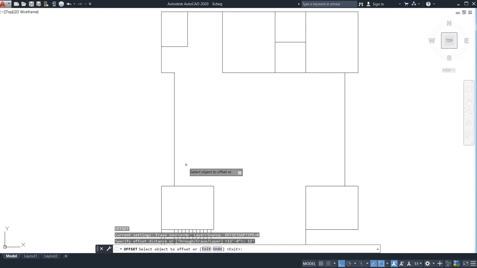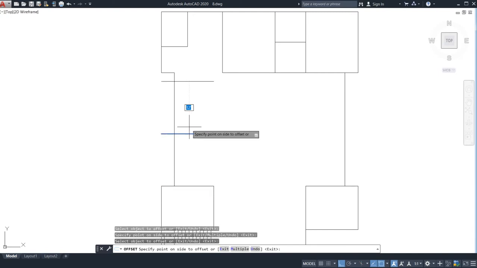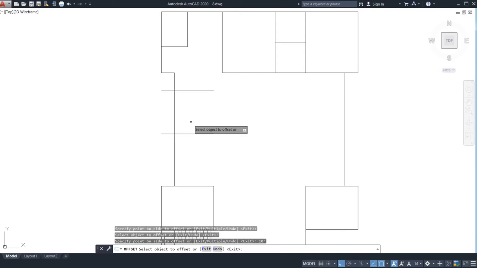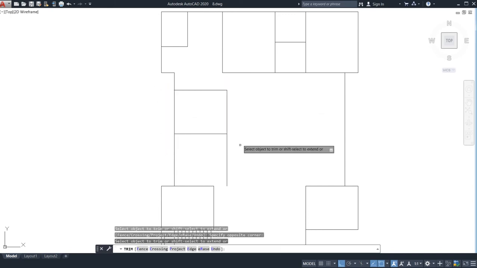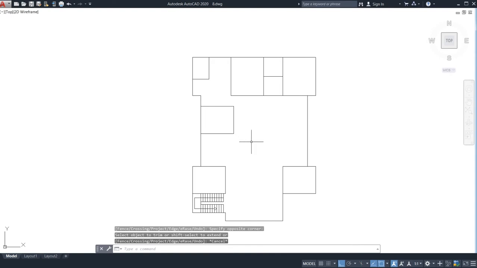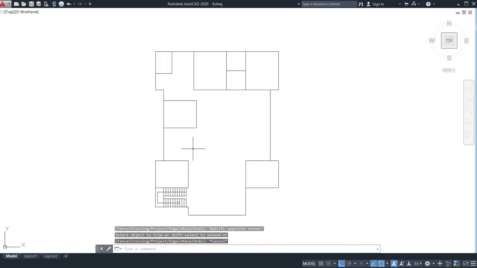I'm just going to check with 12 feet, right? Now just go for 10 feet, not 12 feet, and from here to here 12 feet, right? So go for the extend command, just do it here. Now go for the trim command, just trim it up to here. This one is trimmed, right? This space is for the dining room.